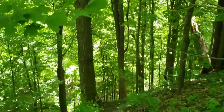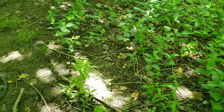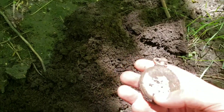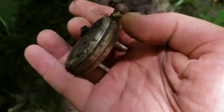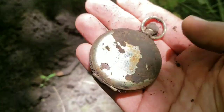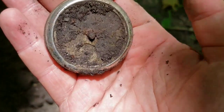Alright, I'm on this high hill right next to a highway. There is a bit of a flat area. Decided to walk it. Got an overload signal, but it was fairly small, so I dug it. Check this out. Obviously it's not silver, but it's an old pocket watch. There it is. Yeah, copper. Too bad it's copper, but